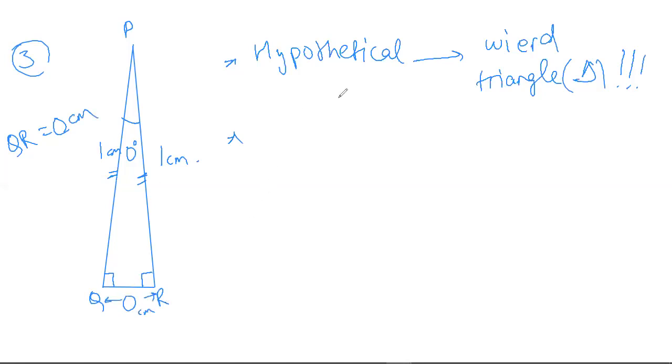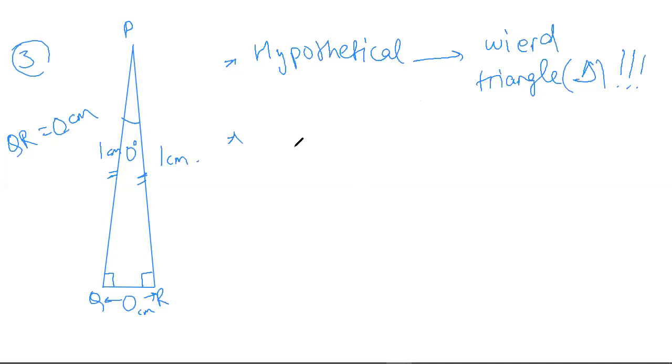So this is a hypothetical weird triangle. Again, I'm telling you, this is a hypothetical weird triangle. People make mnemonics to remember dates in history or geography, whatever. This is also kind of a mnemonic in maths. It's a really weird mnemonic, but trust me, it will help you a lot. So this is the third magic triangle.